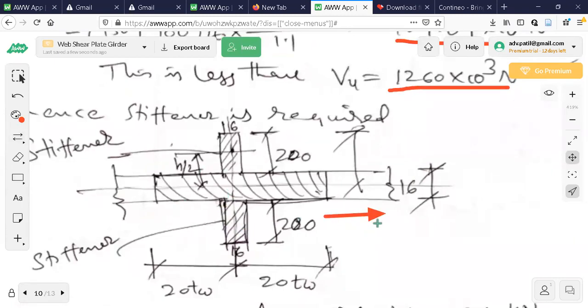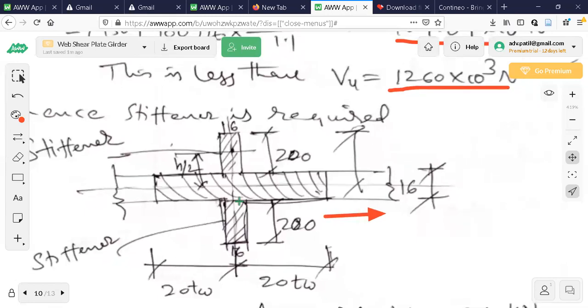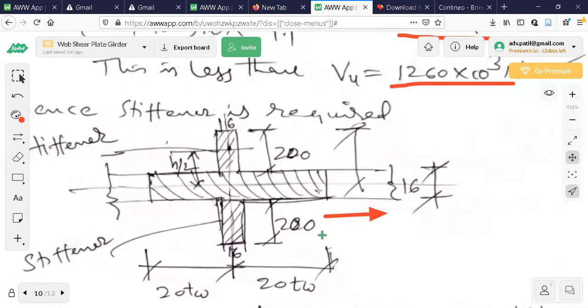See, the red arrow I am showing is the longitudinal direction. This is the length of the plate girder. Near the support, a section is taken exactly along the neutral axis, it is cut, and you are able to see some portion of the web. And I am going to connect these two plates wherever shear force is more than the shear capacity. Okay. So how to design this?